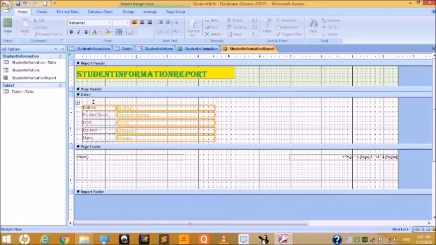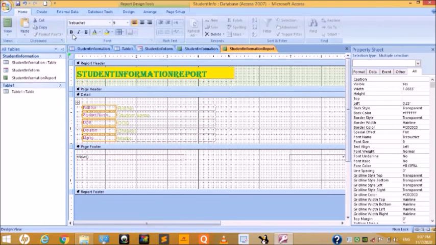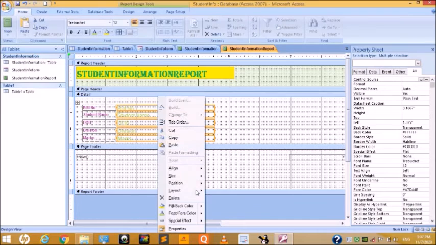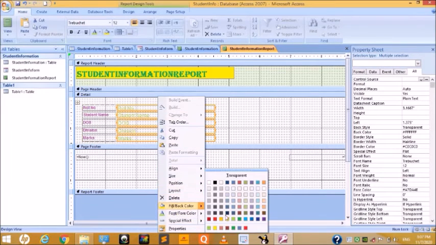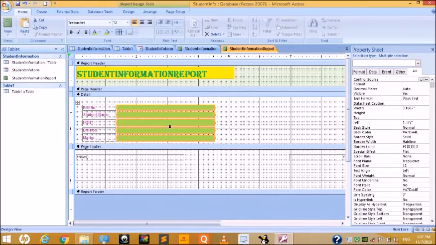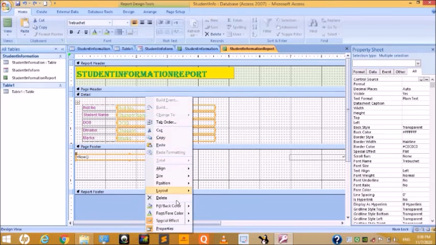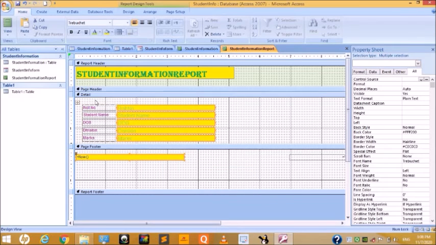Then here also change this, use the background color this way. Use the background color this way.